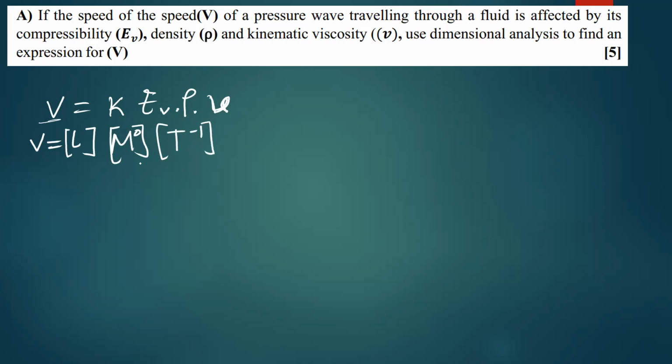So these are the dimensions for velocity. If you want, you can leave out m, there's no problem. But I like putting all the three quantities, all the three dimensions. And the one that is missing, I just raise it to the power 0. Yeah, so these are the dimensions for velocity. We also find the dimensions for